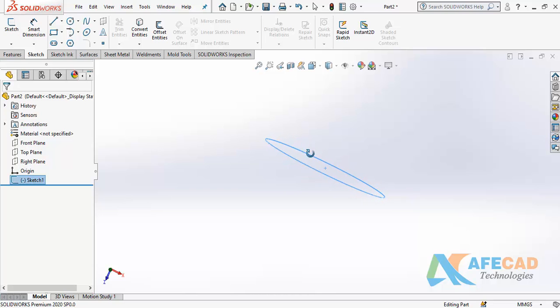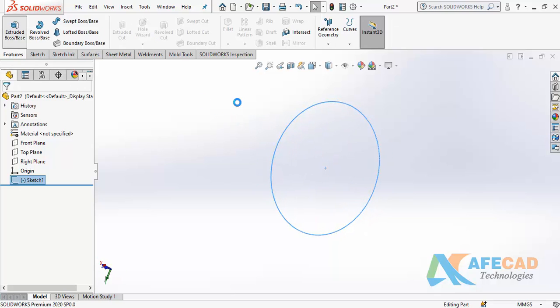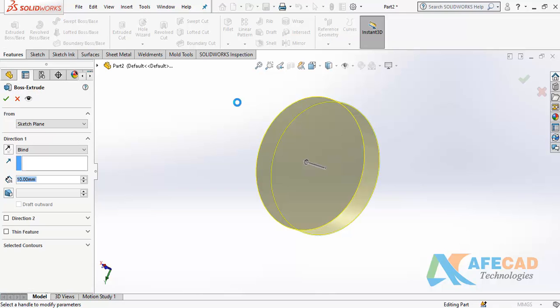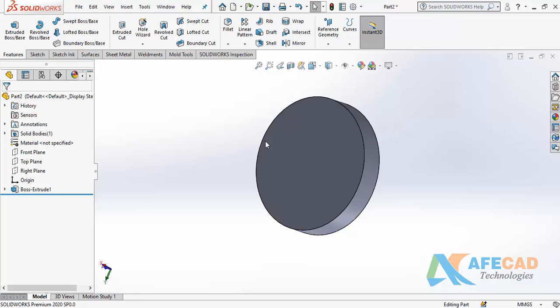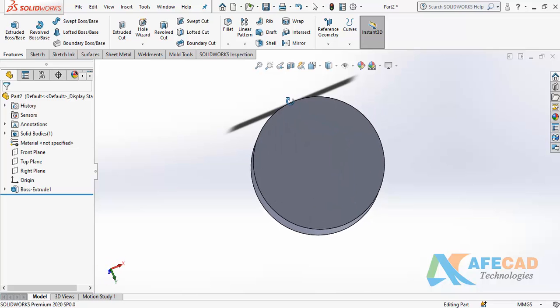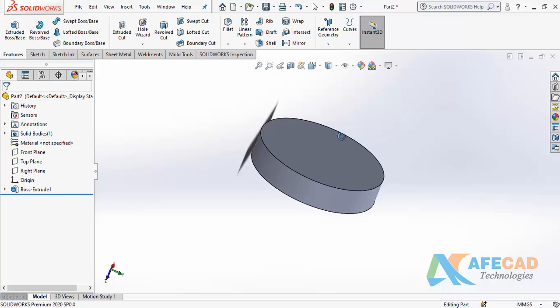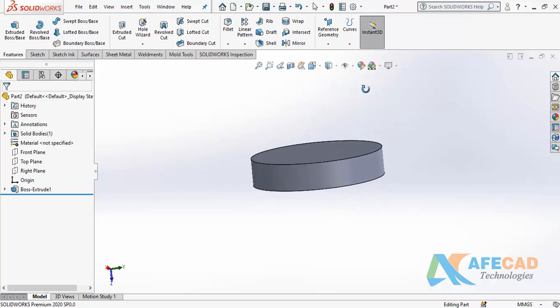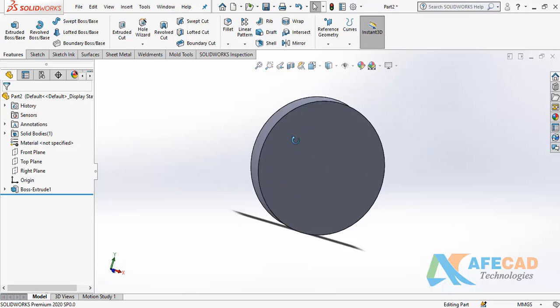Press, then move your mouse left, right, up, down. Then you will orient your object. Apply a feature here. Okay. Then I want to see the back side or the left side, right side of any object. Press middle mouse button, orient it. Move your mouse left, right, up and down. Then you can orient your object.